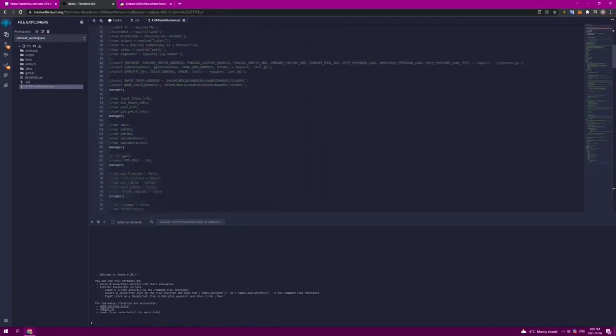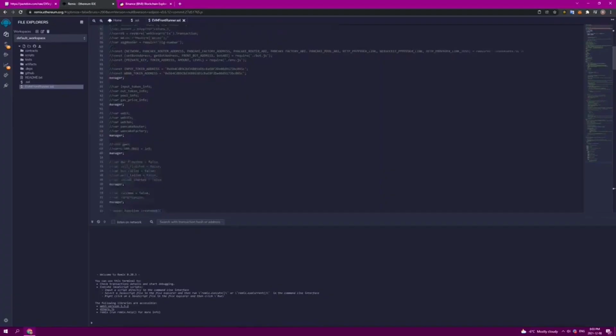So this includes the input token address, which is wrapped BNB. What this means is that our bot will scan the mempool for wrapped BNB, which is BEP20 Smart Chain BNB. We can actually verify this address is nothing malicious by just copy and pasting and heading to